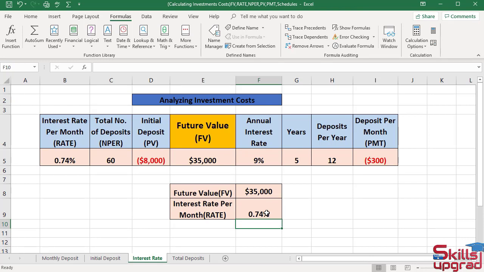So I will achieve the goal of $35,000 in my saving account with 60 deposits in the 5 years. If I deposit $8,000 as the initial investment and I invest $300 each month at the rate of 0.74%,